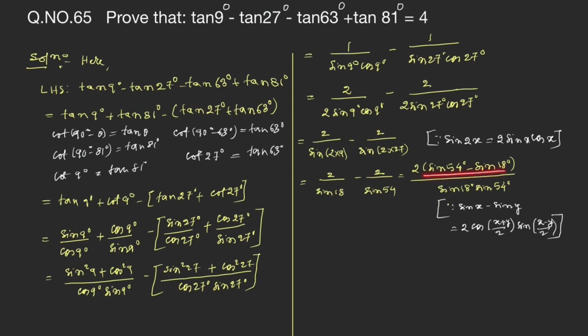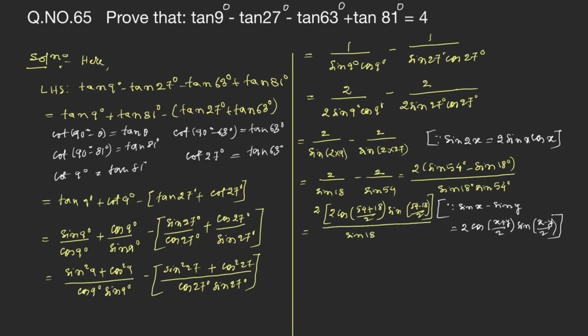Now we solve this with the help of this identity, which is equal to 2 cos (54 plus 18) by 2 sin (54 minus 18) by 2, divided by